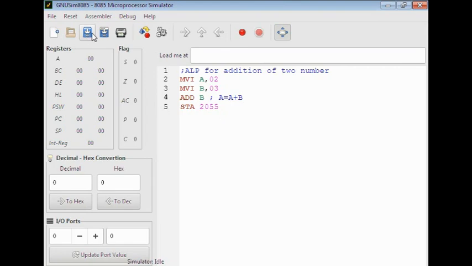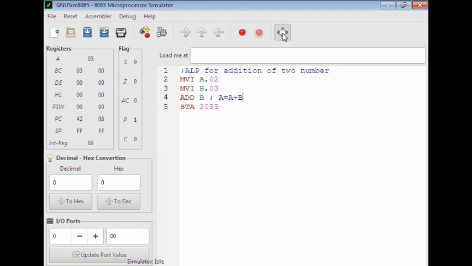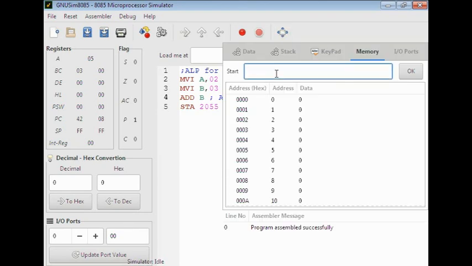Now you can execute your program. Click on assembler and now click execute. Okay, see the result here. You type the address 2055 and get the answer here. At the address 2055 we get